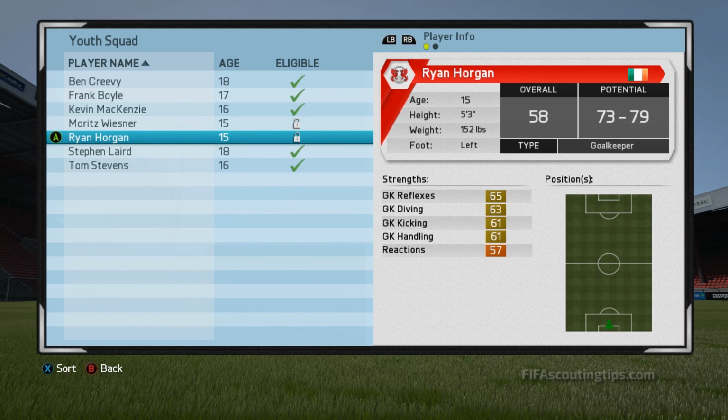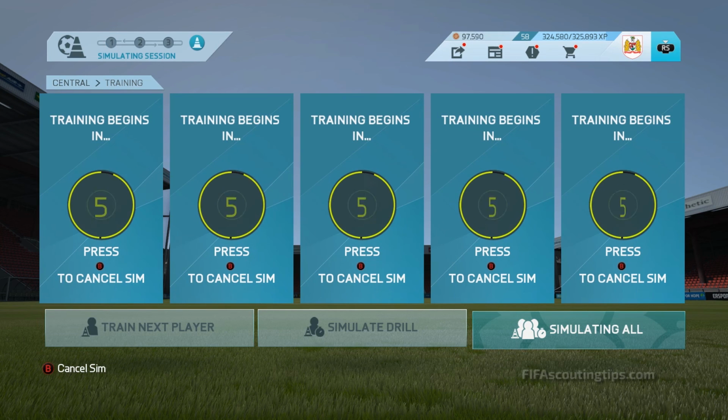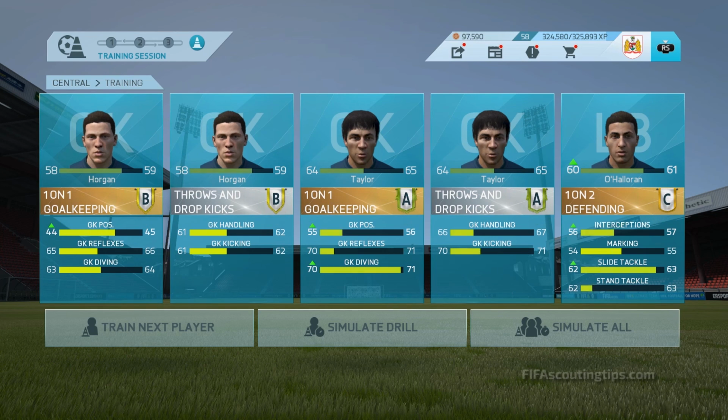You just want their goalkeeper stats to go up. So I think we'll try that with this guy here, Ryan Horgan, and I might try it with my other goalkeeper as well, who I've already promoted, and we'll see if we can get some good growth for both of those. Right then, this is who I'm going to train this week. Both goalkeepers getting 2 slots, and then O'Halloran getting a gold one as well. So hopefully, like I said earlier, that goalkeeper growth will come into play,